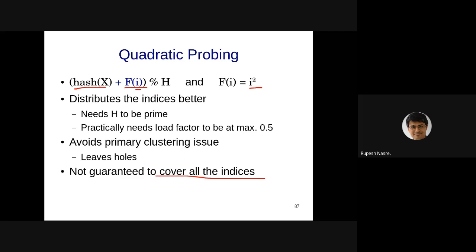You might insert, let's say, 100 elements out of these 1000 elements, and then the 101st element itself is saying that the hash table is full. I'm not able to find any empty entry. So you have a 1000-sized array, you have inserted only 100 elements, and the 101st element says it is not able to find any empty entry. Why? Because the way that i square is going, it is covering all the indices and coming back to the same index, and then repeatedly it is finding a conflicting index where you have already inserted the elements.